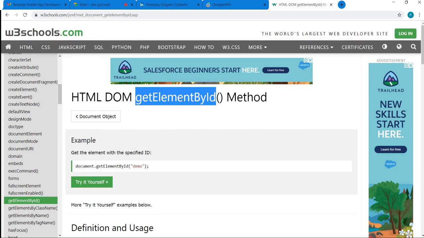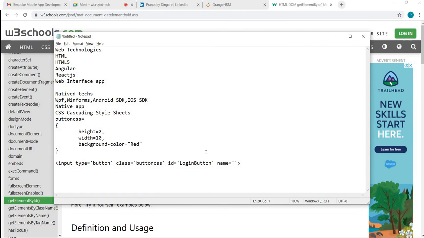These are the JavaScript methods using which the developers identify the elements and implement client side validations. That's why developers tend to set some unique values into these ID and name attributes. Why? Because they require this as a part of the implementation of their client side validations, right?